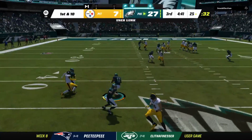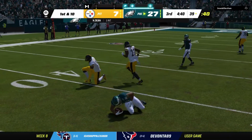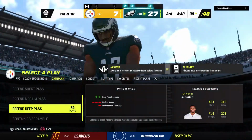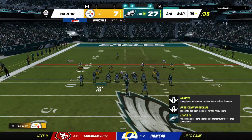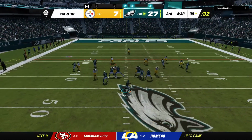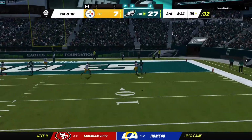And his pass is intercepted for the 4th time today. It's Nakobe Dean with a pick, and the Eagles are going to take possession of the football. Boy, Charles, you hate to see this for a rookie quarterback. You're hoping it doesn't shake his confidence, but that confidence might be shaken because that is 4 interceptions for him now in this ballgame. It has to be shaken. Wouldn't be human if you weren't. Doesn't matter whether you're a rookie or...